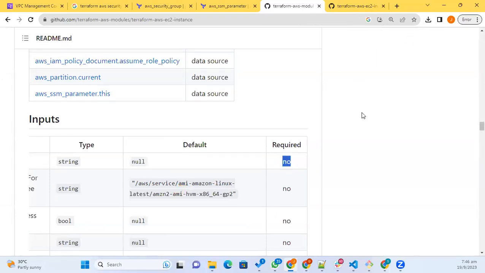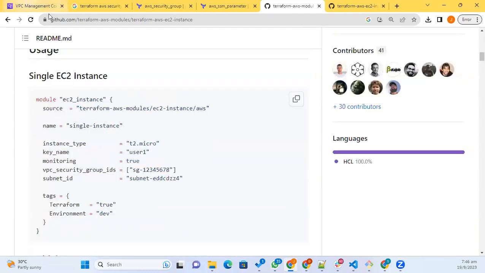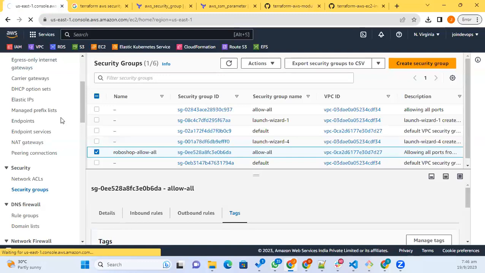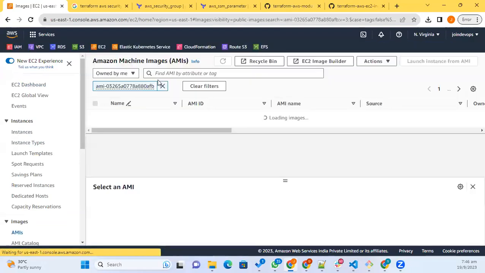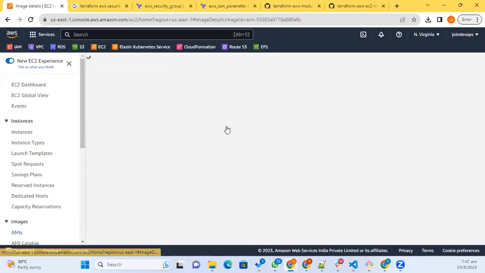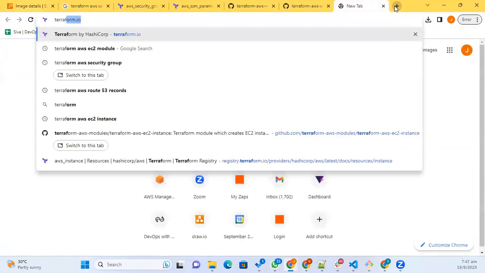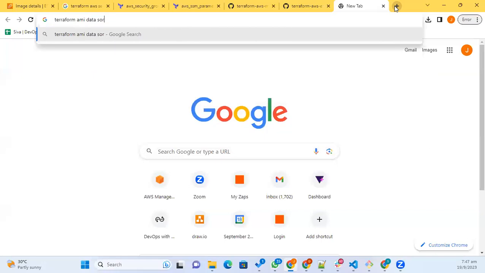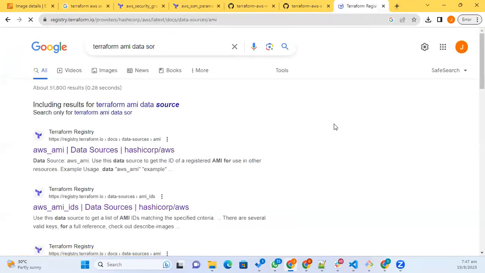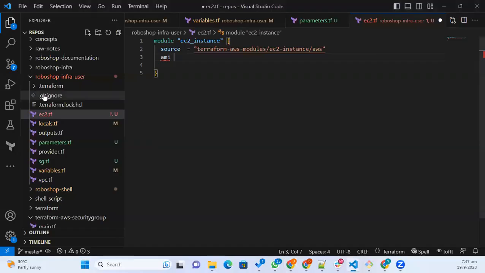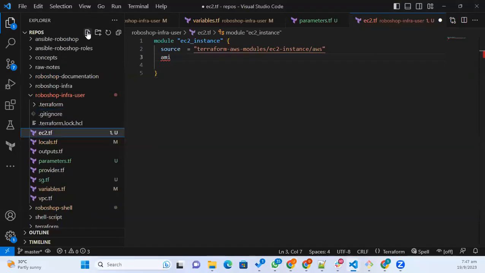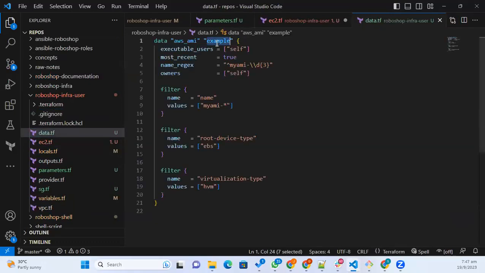So we know we are using our customized AMI, devops-practice. So we need to get it through the data source. So AMI is here, and this is our AMI. We need to use the Terraform AMI data source. Okay, so this is the data source. Let me copy this. You know very well about the data source. I'm just giving data.aws_ami and keeping it here, and I'm giving devops